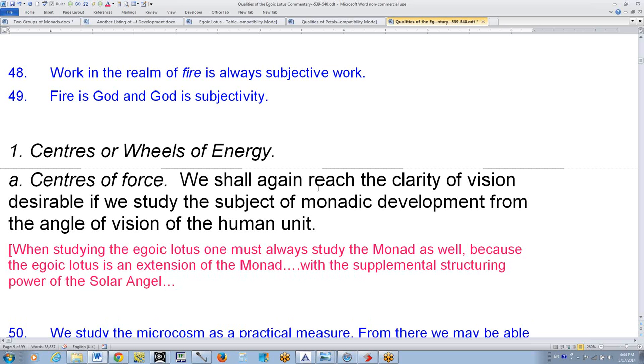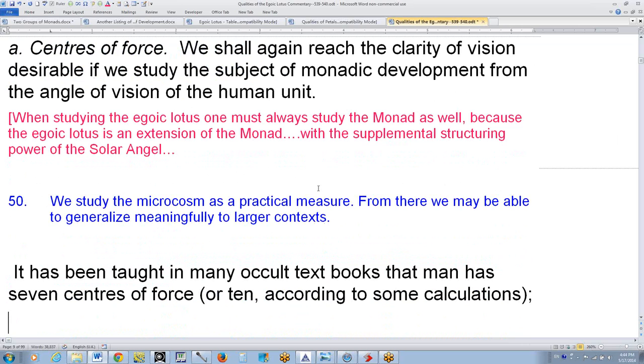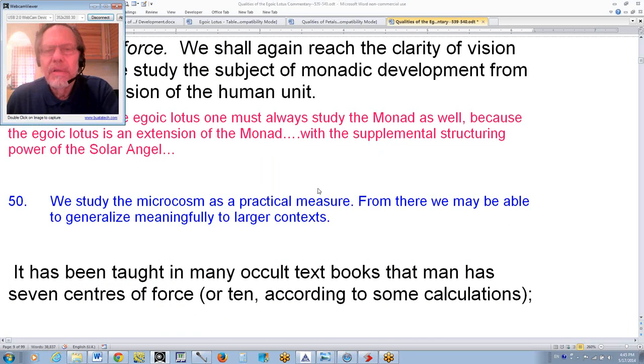So we study the microcosm here as a practical measure, and from there we may be able to generalize meaningfully to the other and larger context. As I've said, study the high and understand more about the low, study the low and understand more about the high. So it has been taught, says the Tibetan, in many occult textbooks that man has 7 centers